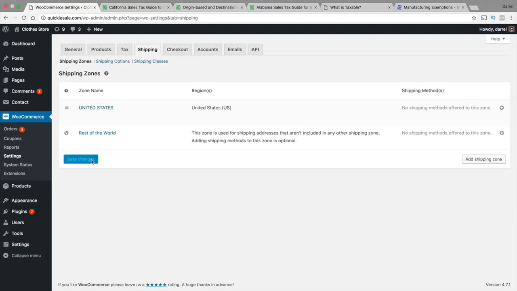Now one more thing, guys, I want to point out, or two things. If you have an option right here that says shipping zones and it says legacy, go ahead and click on that, and then it's going to give you a little checkbox. Uncheck that and click on save, and it will delete it. There is something called the shipping legacy, but it's actually deprecated and they're not using it anymore. But if you have it enabled, it will actually give you two shipping zones. So you want to make sure that you click on it, you uncheck it, and you save it, and it will delete it because WooCommerce is no longer using that, and they will take it out on the next